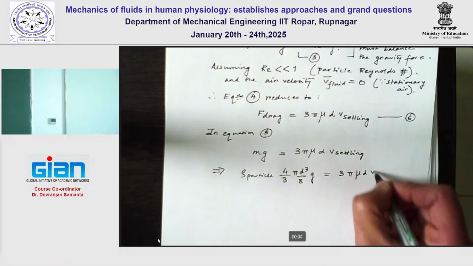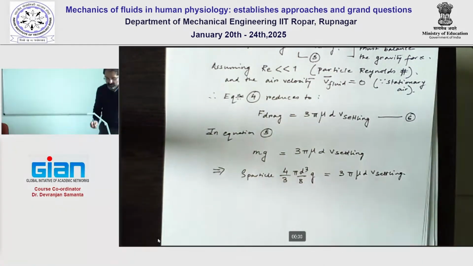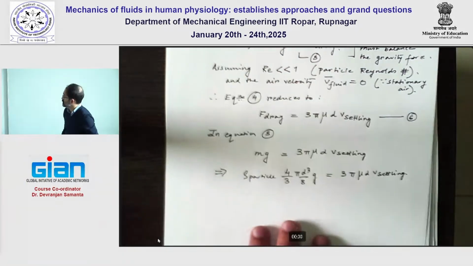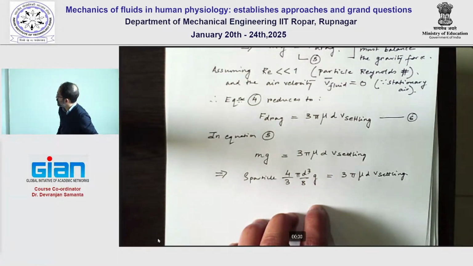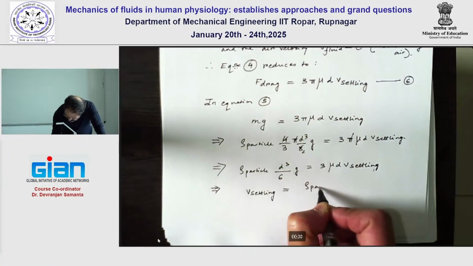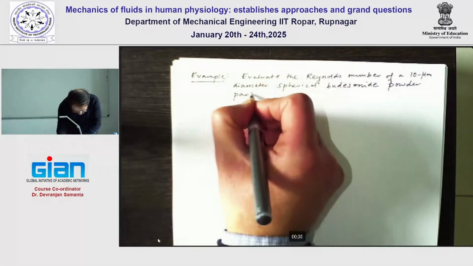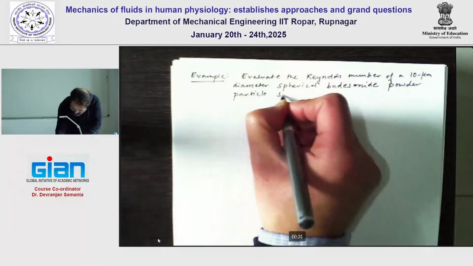If I miss any term, because I'm going to do it by hand, just shout out if I miss anything. So rho particle, d squared, g over 18 mu, rho particle, this d settling